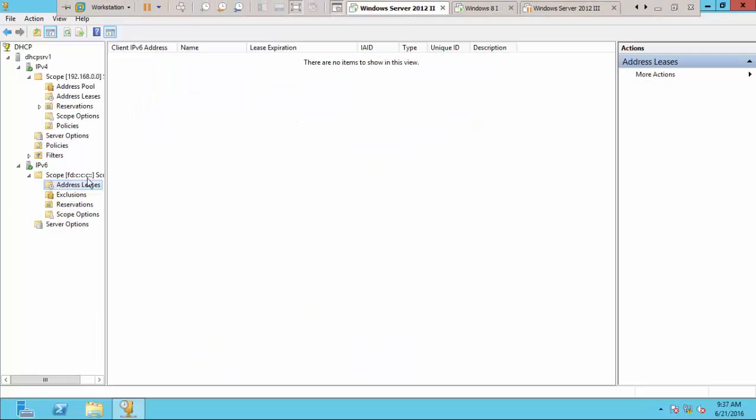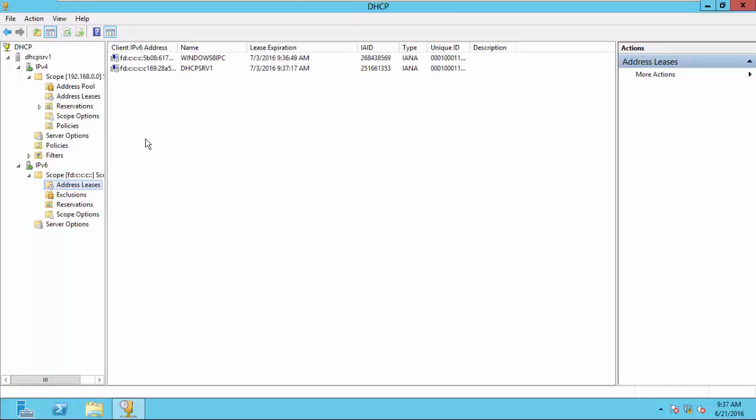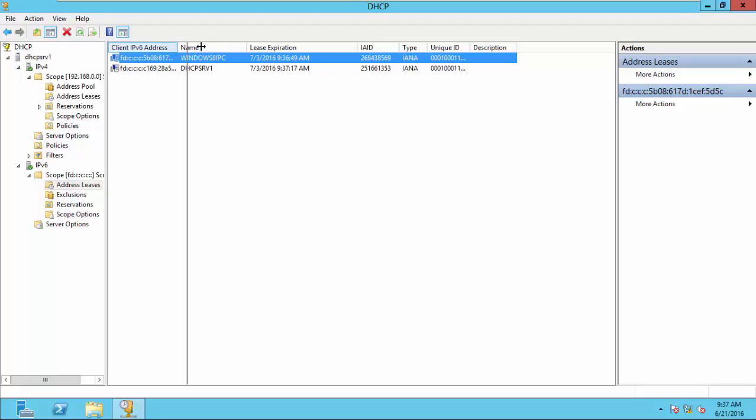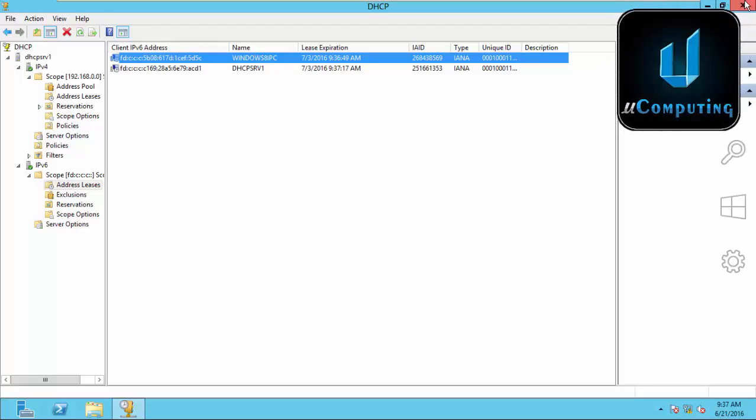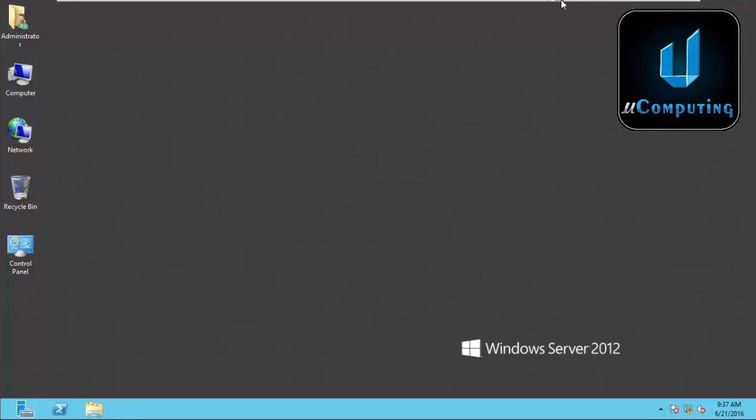Let's check something over here. When I click refresh, it shows that the Windows 8 PC has obtained this address from our DHCP server, so everything is looking good. All right, so that is that for configuring DHCP version 4 and